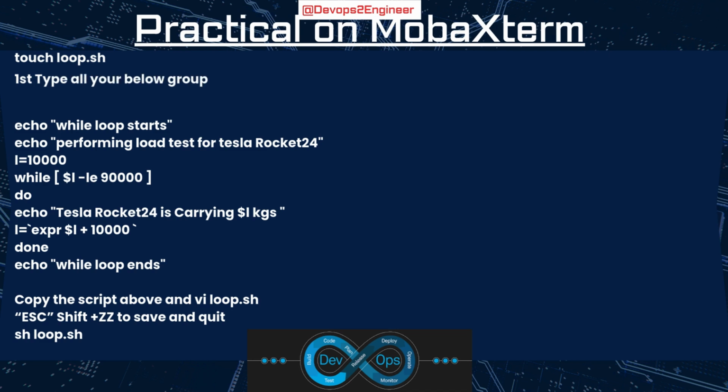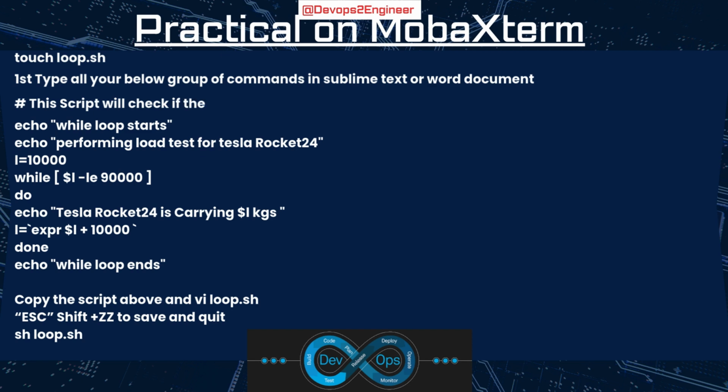Now, you're first going to touch loop.sh and type all the below groups of commands in Sublime Text or a Word document. Echo while loop starts. Echo performing load test for Tesla Rocket 2024, or you put whatever you want. L equals 10,000. While $L is less than 9,000